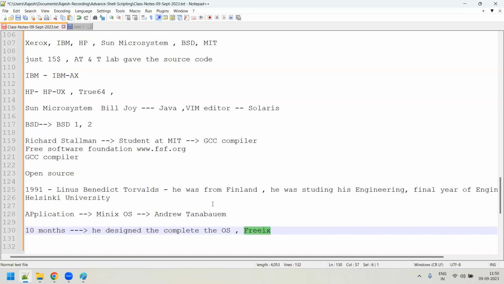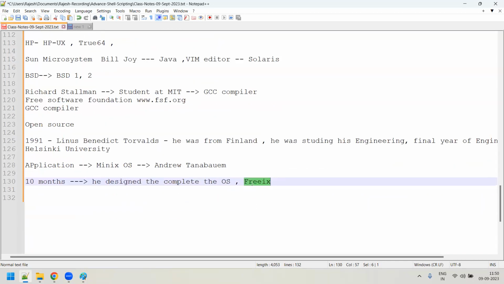He also took some ideas from the IRIX operating system and the IBM operating system. He took ideas from them because he had started working on these different flavors of Unix operating systems at that time. Finally, he kept the name as Freaks. But Linus Torvalds' friends, followers, and well-wishers hesitated and didn't agree to keep the name as Freaks. Instead, they wanted to keep the name as Linux.